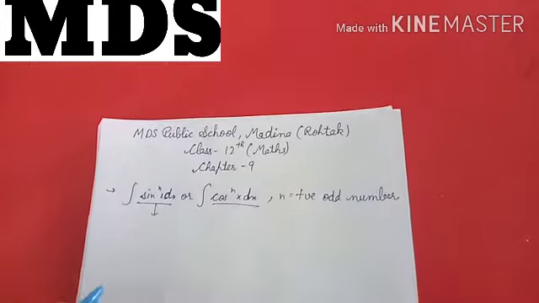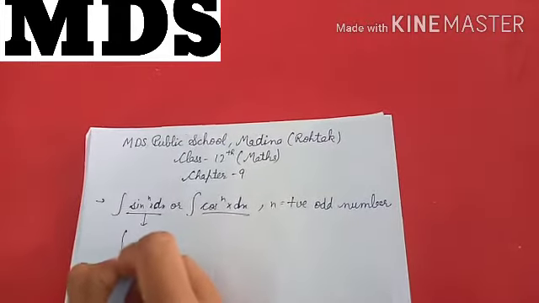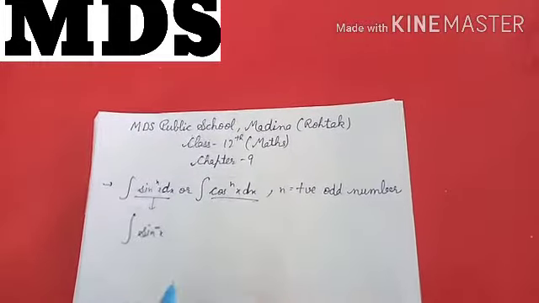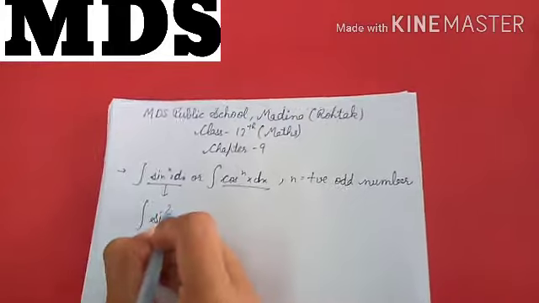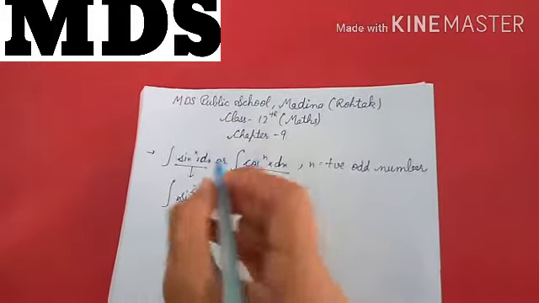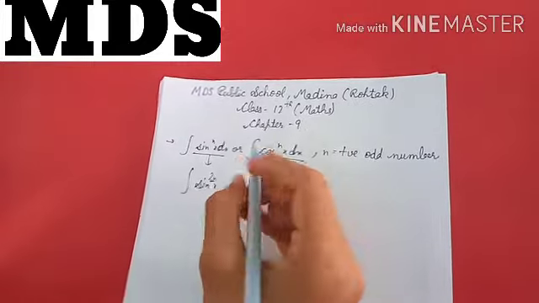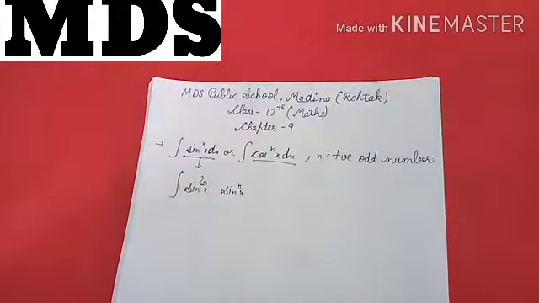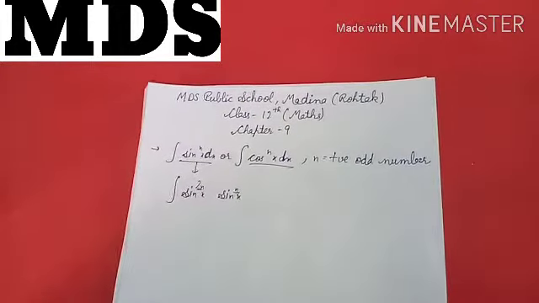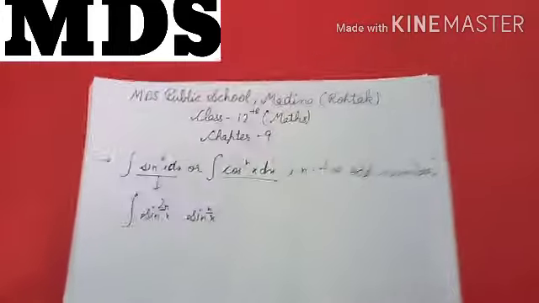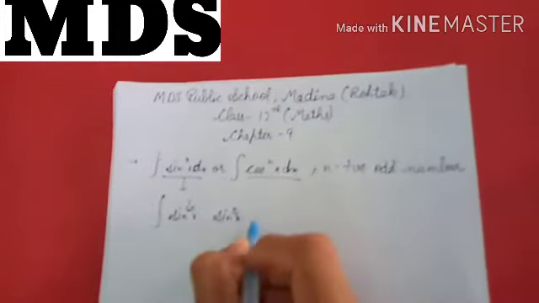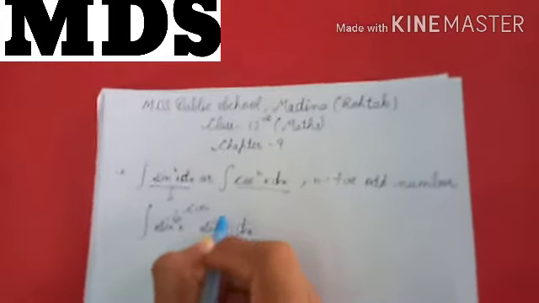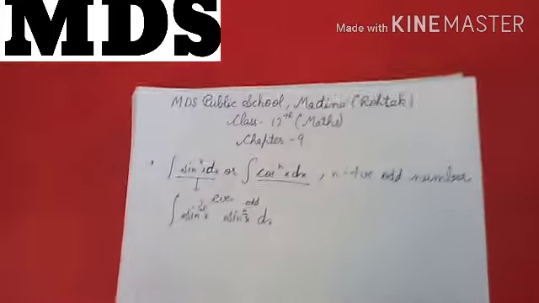We will split them in such a way that at one place we have an even power, we can say 2n, and at one place it remains odd only, this into dx. Okay, it is even and it is odd. So what we are going to do